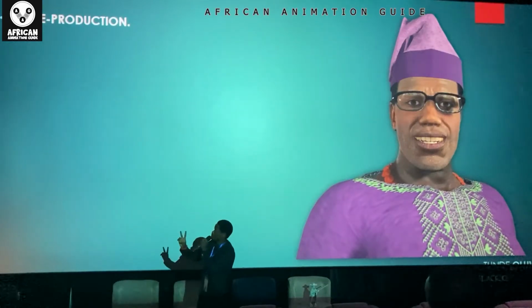Now, every individual, every studio has been able to turn these 3 into subheadings to suit their pipelines and their workflow and everything. But the 3 major things are the pre-production stage, the production stage, next slide, and then the post-production stage. So these are the 3 key things involved in the process of making 3D animation content.